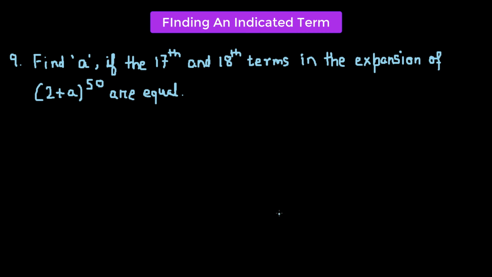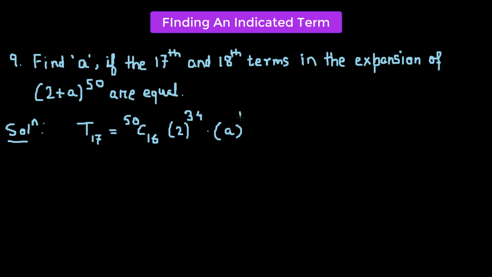So in this question we have to find out the value of a such that the 17th and the 18th terms in the expansion of 2 plus a raised to the power of 50 are equal. So let's begin by finding out the 17th term. So T17 will be equal to 50C16, and we have 2 raised to the power of 50 minus 16, which is 34,